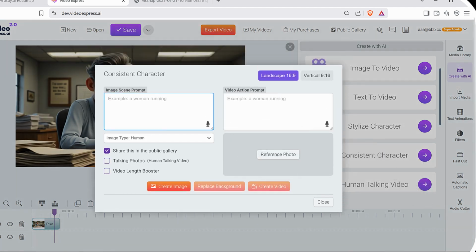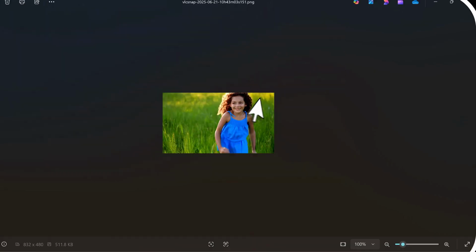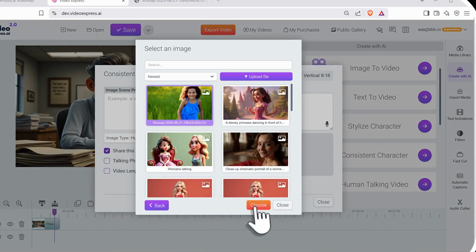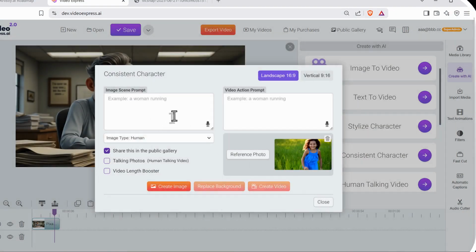I'll click on that here, and you see there's a reference photo. I'm just gonna drop in that reference photo here. Okay, so I'll just take this photo that you see here, and I'm gonna drop that reference photo here. There you go. I have that option here. Click choose, and then as you can see here, I have that in, and I can say the girl in